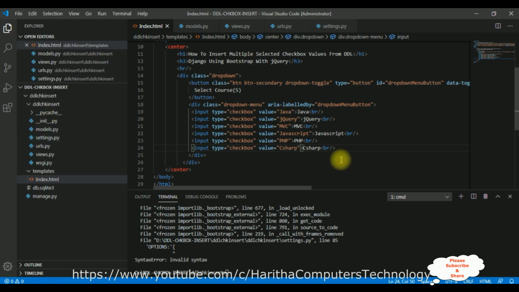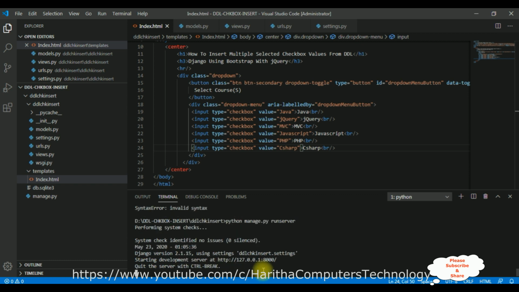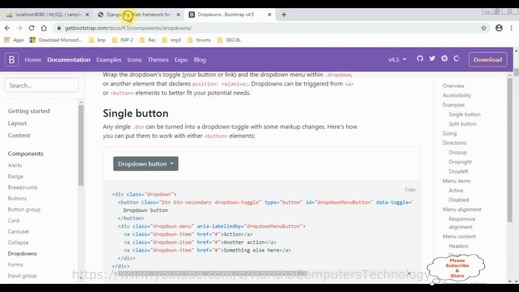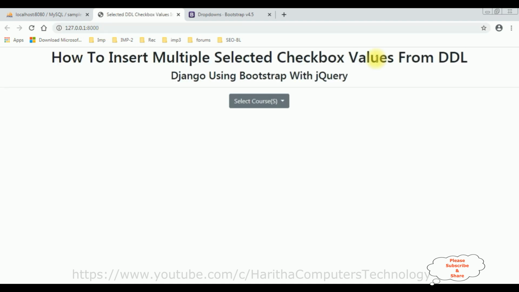Now we'll check the basic output, how it looks on the designing. Let's run the server, enter, and see here, after I run the server, we don't have any issues. We have already opened here the default website. Let's refresh. And here we got the output of our application. Notice the header tags, after that horizontal line, below that we got the drop down list of the Bootstrap. When I expand this drop down list, notice we got the Java, jQuery, JavaScript, PHP,